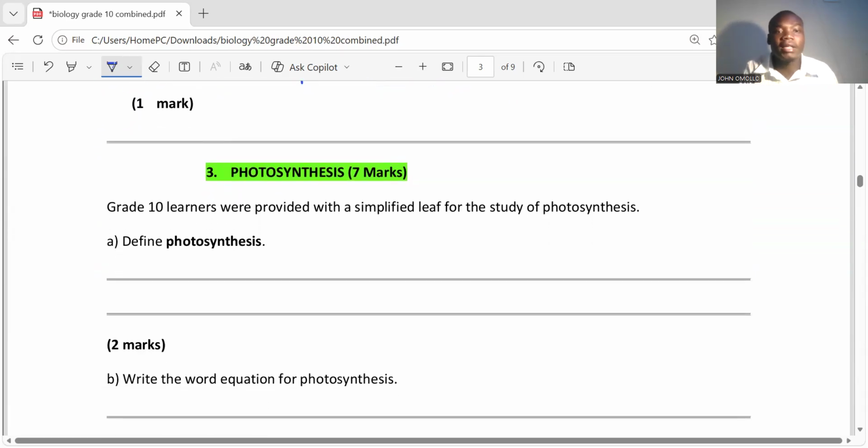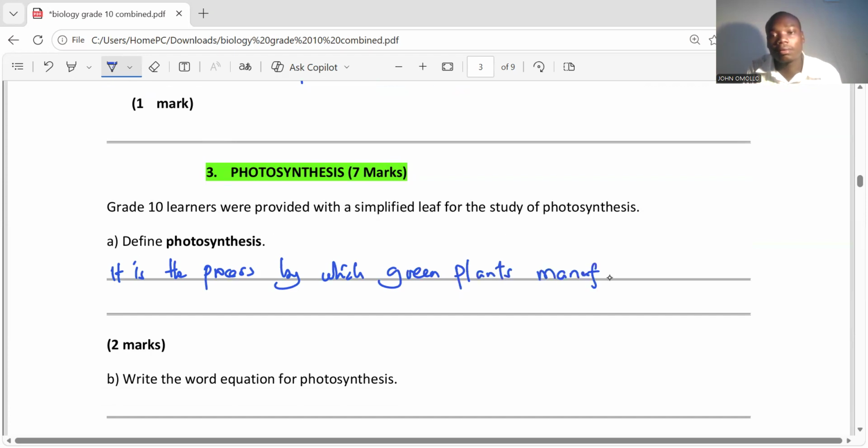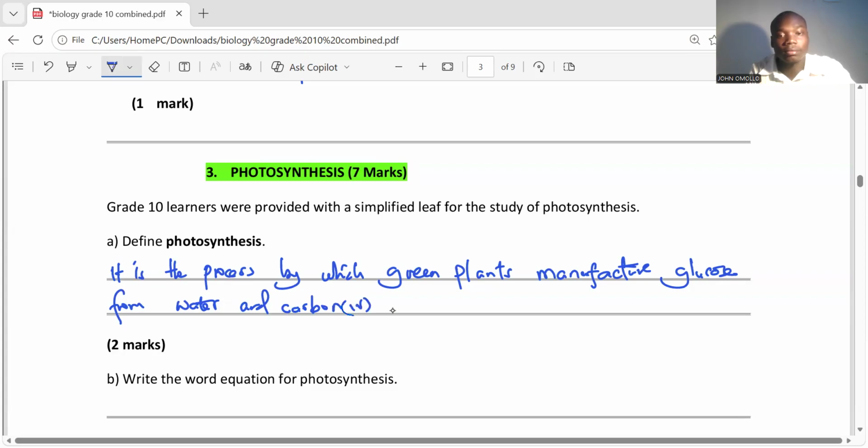Photosynthesis. Grade 10 learners were provided with a sample leaf for the study of photosynthesis. Define photosynthesis. We know that it is the process by which green plants manufacture glucose from water and carbon dioxide in the presence